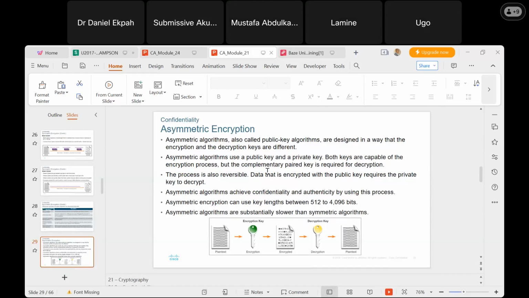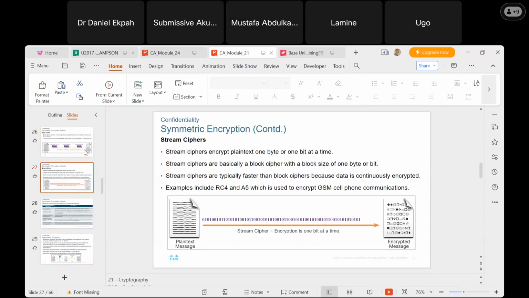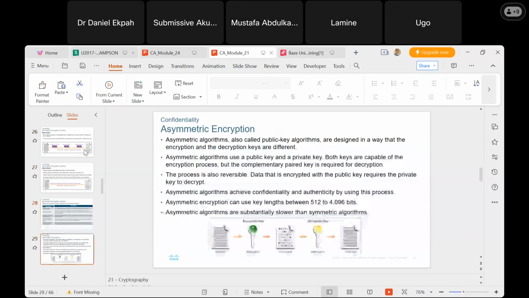So we'll continue from where we stopped yesterday. Yesterday we were talking about symmetric encryption. I remember we talked about the block ciphers and the stream ciphers. These are part of symmetric encryption. And so today we'll quickly talk about asymmetric encryption